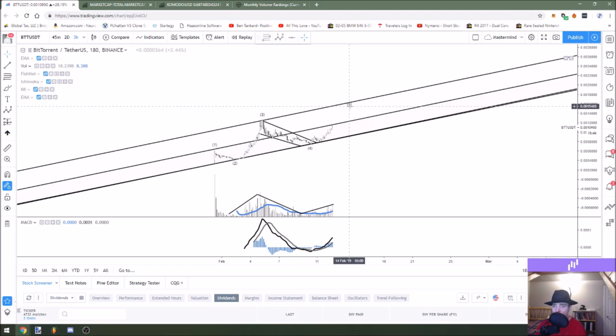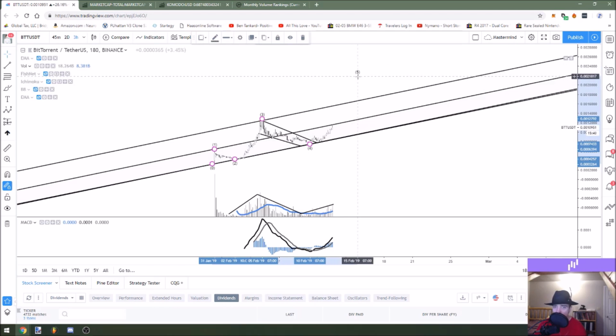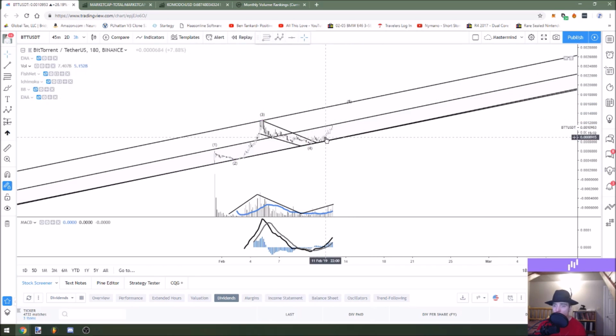After a 5th wave, you know, this could be an extended 5th wave. It could go above the channel. Either way, after the 5th wave, you'd suspect a pretty big correction coming for this coin. It would probably correct for a couple months after that. So it's not something that I would hold in the long term right now until we get more chart data